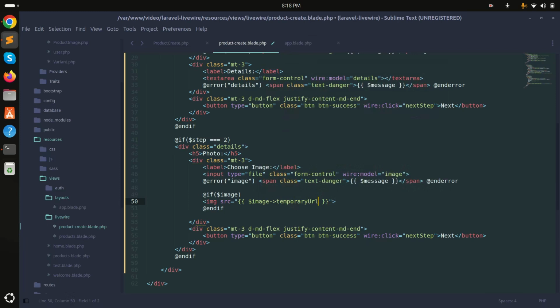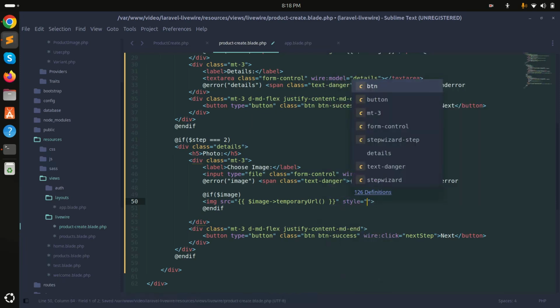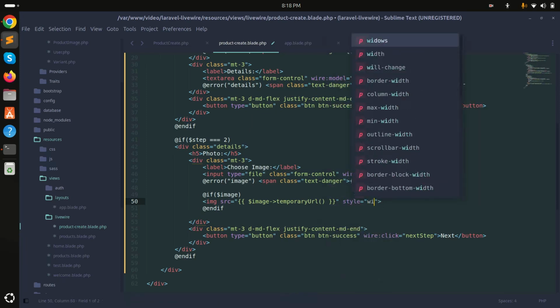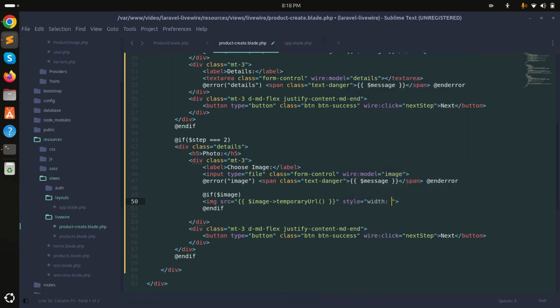Simply save it, okay, URL, save it, and here I will say style, and I will define the width for it, so maybe for a proper preview, I will say 100 pixel, okay, and height should be 100 pixel, okay. Here I will make it 150, that's fine, save it, okay,